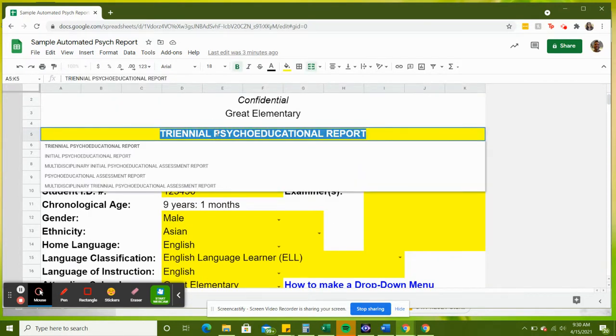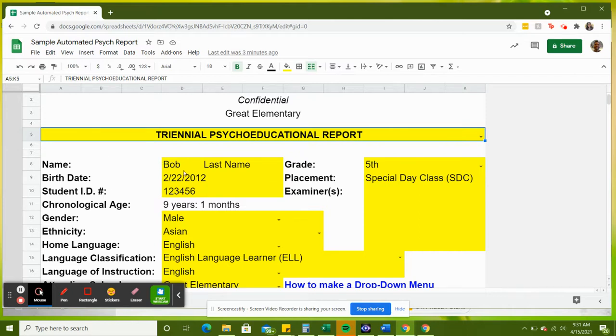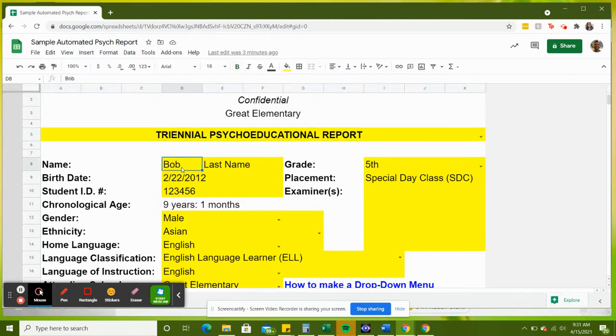You double click and you can choose what type of report you're going to be using. So we can just go with a triennial. On this cell, you would type in the first name of the potential client. So it could be anything, obviously. We'll do Bobby in this case. And for the last name,